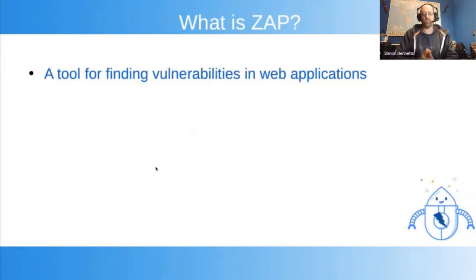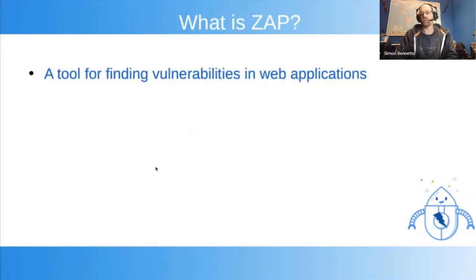So if you've come from a kind of networking world, network security world, you may be aware that quite a few network scanners work on the basis that they're looking for known vulnerabilities in known applications. And that's clearly a very useful thing, and there are equivalents in the web world. So, you know, if you're running a WordPress site, then it's really good to be alerted if you've got any known vulnerabilities. I mean, ZAP will find some known vulnerabilities, but really it's looking for unknown vulnerabilities or new vulnerabilities in custom